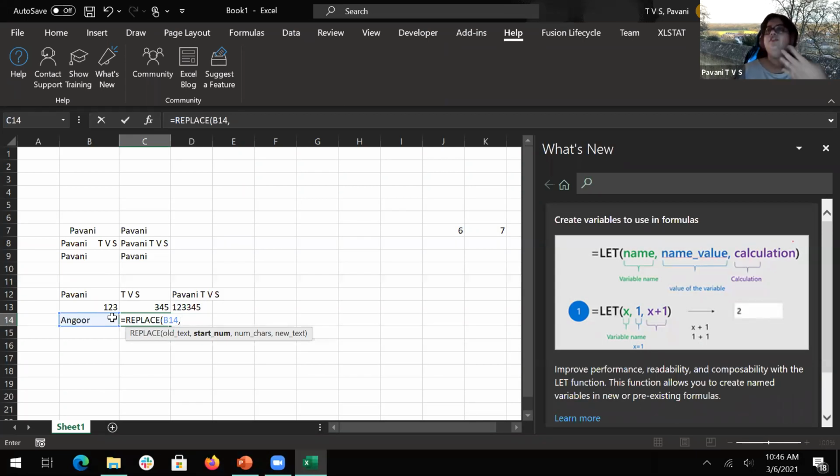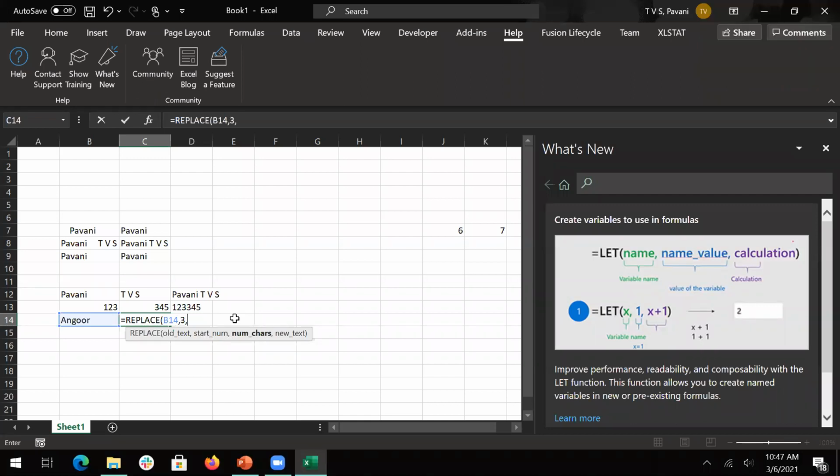Usually you can use a length function to know how many characters there are, and from where you want to start. But here there are very few, so I'm just going to manually count it, like 1, 2, 3, 4, 5, 6. It will start from the first character onwards. I think I need the third character. Third character, 1, 2, 3. And number of characters would be 3 characters.